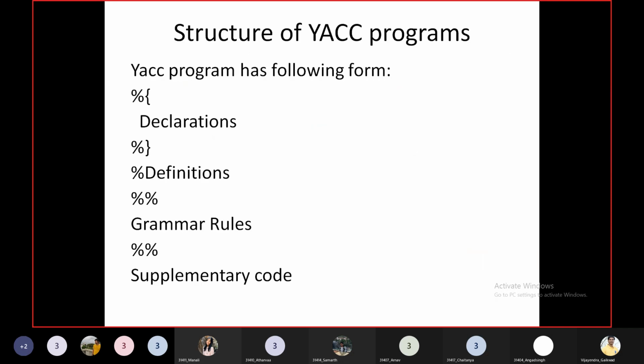Now, how does the Yacc program look? It will have more or less the same sections, but the meaning here is different. First is the declaration section, in which we have to include the header files and declare some variables, whatever we require, as usual, like we had in the Lex program. The difference between the Lex and the Yacc file is the definitions.